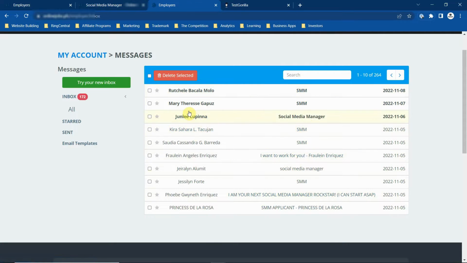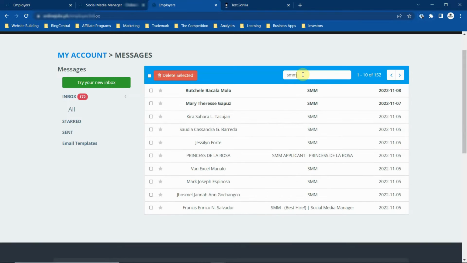Out of this response, I had 264 people respond to my ad. So now I just go into search and I can just do SM, and that'll pull up all the people who actually responded correctly to the ad. And then I just go one by one, click them. And so you're like, okay, great. That probably narrowed it down. I think this number count went from 200 and something down to maybe